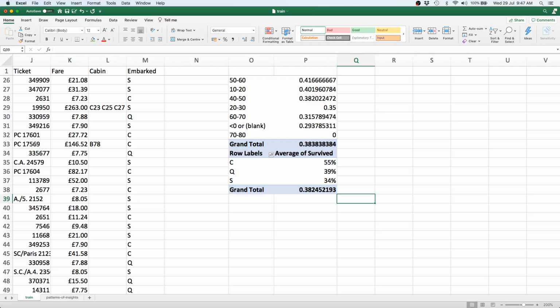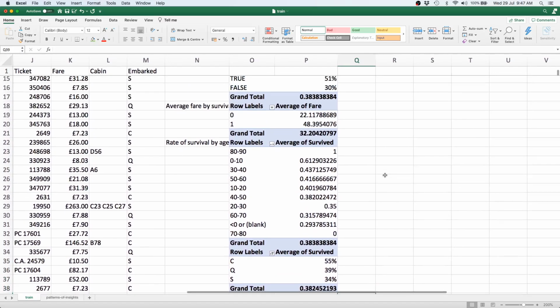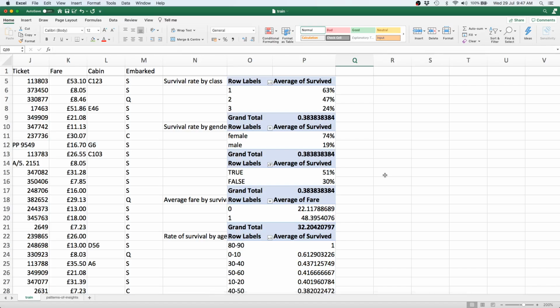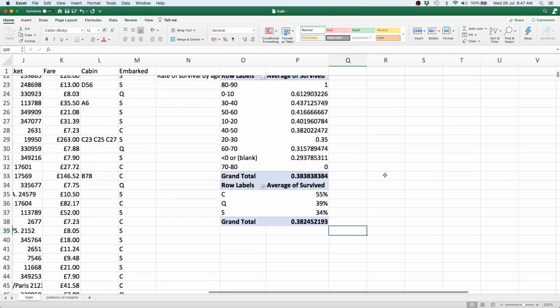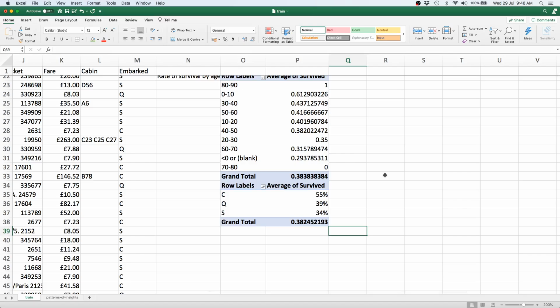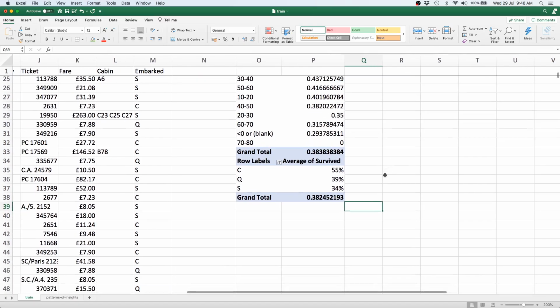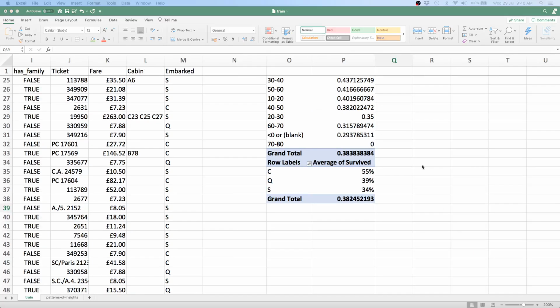So you see that most of these questions we have been able to answer through a variety of pivot tables, and that is why if there is one thing that you learn about Excel, it's probably going to be pivot tables. So that's pretty useful. So let's proceed to our next set of questions.